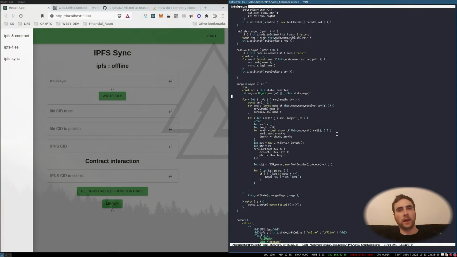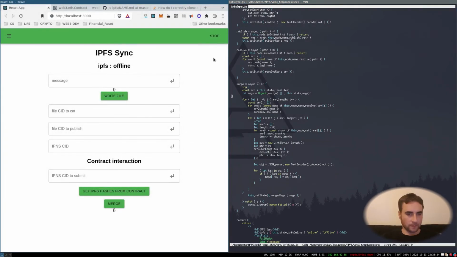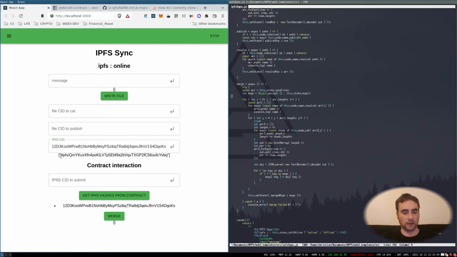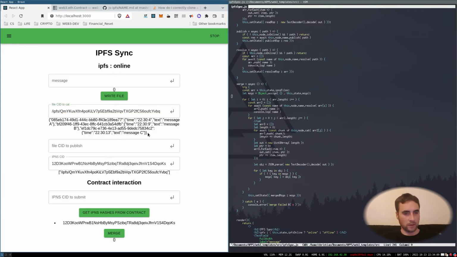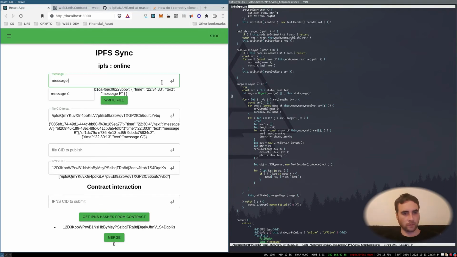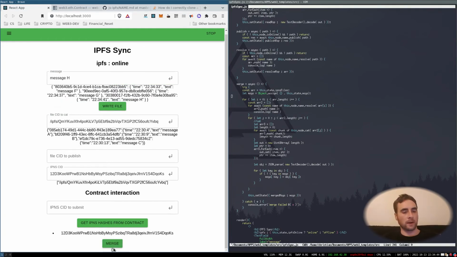Okay, so I've implemented a merge function. Let's see how it works. Get the IPNS hashes from the smart contract. So if I resolve this, I get this CID. Now if I cat this, I will see that it's got this JSON object inside with message A, message B, and message C. So now if I create some more data, and then I will hit this button here, merge,